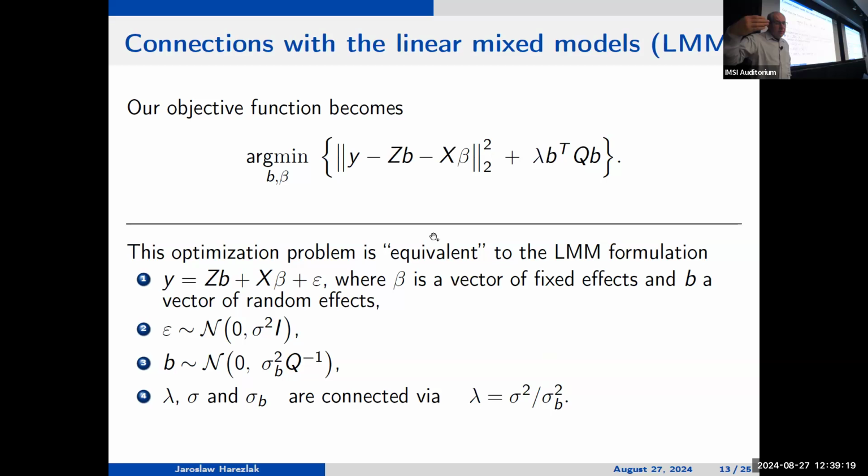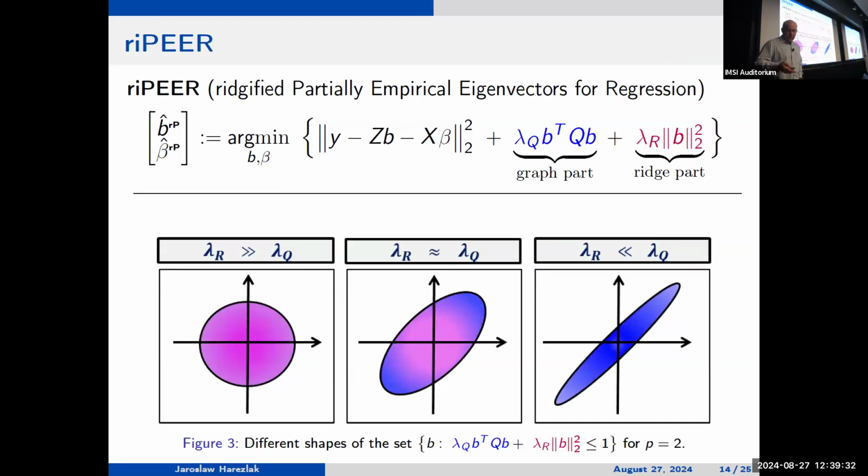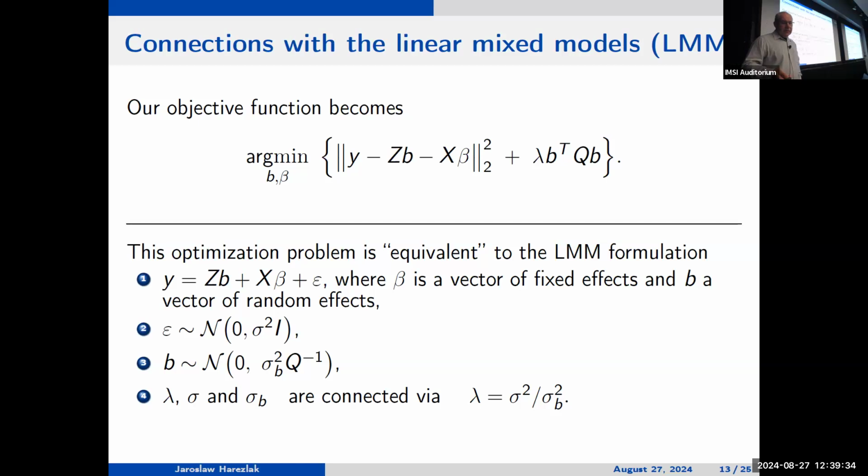But also we can borrow theory, computation, and methods that have been developed for linear mixed models over the past 40 years. This was not the first proposal that we made, because the first was really working on functional data, but in a sense, ordinary ridge regression would be just B transpose B, the sum of squares of the coefficients. But here we have those weights, and those weights are informed by external knowledge. Now the question is, does this external knowledge actually help us?